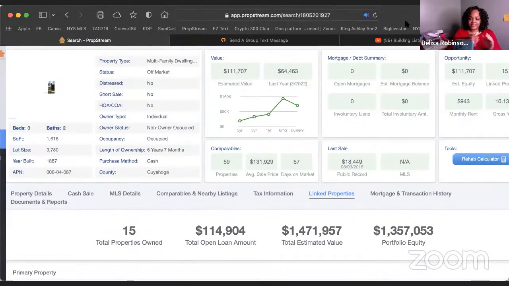Whatever it is, whatever we do, this is how it works. So I want you guys to know this. We are going to be in this series for a minute because I want you guys to understand how to use PropStream. I'm also going to bring in and compare it to some other systems that use this. Now, what I want you guys to understand, and I want you guys to hear me now and hear me loud, PropStream may not be the one for you. Deal Machine might be the one for you, or there's some others that you can look into. Tomorrow, I'm also going to show you what to do if you can't afford your own skip tracer. I'm going to show you how to skip these properties yourself.